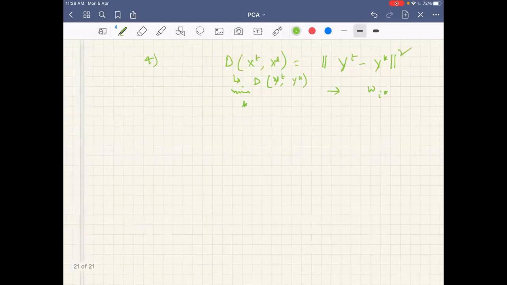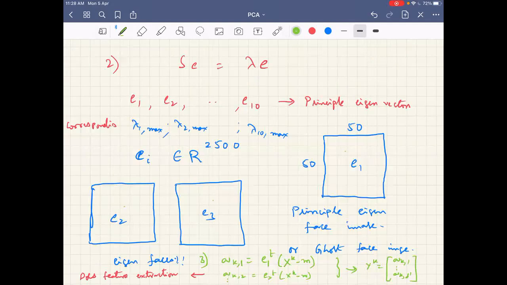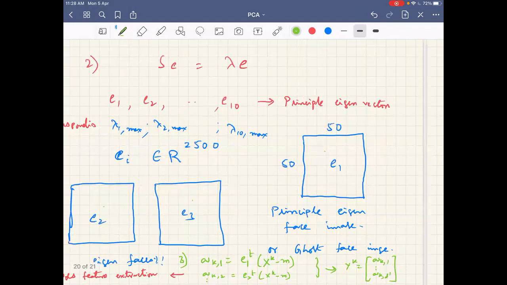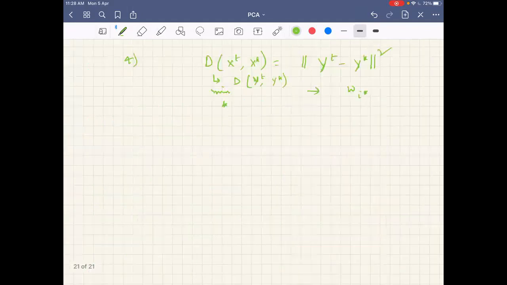Once these E1 to E3 or E10 are formed, these can be kept as constant, like a library of eigenfaces or ghost faces, and these can be used for the subsequent classification task simply by projecting the test sample onto them and finding out the error with respect to the features of the training samples. Please ask me if you have any doubts here. I will continue the discussion with other techniques now.